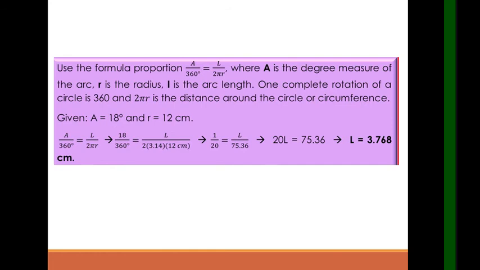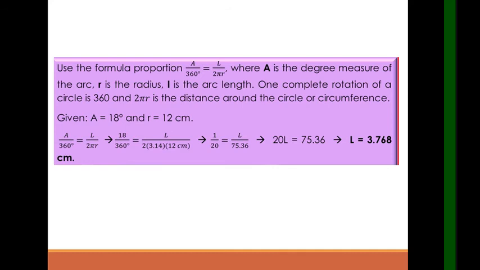One complete rotation of the circle is 360 and 2 pi r is our distance around the circle, which is the circumference. So, given A is equal to 18 degrees,